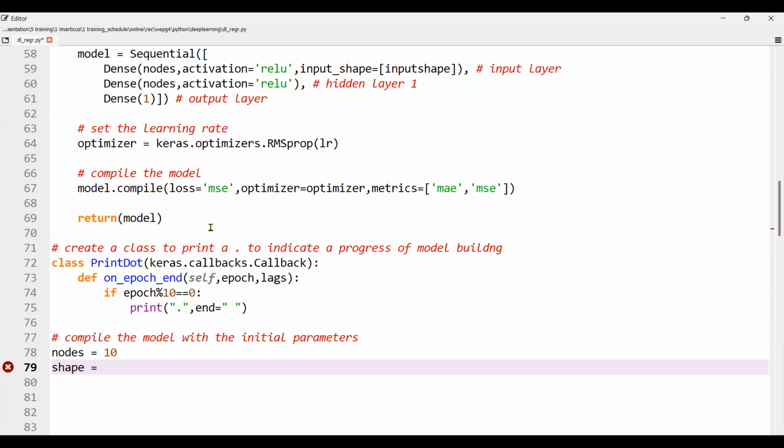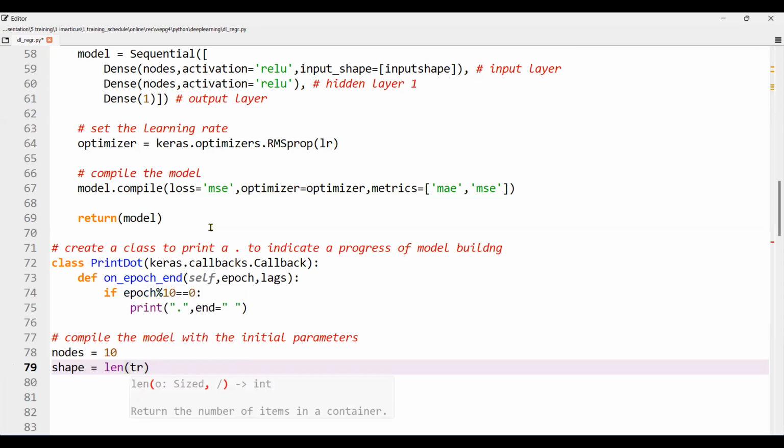Think and tell. Columns of train X. Okay. Because only train X contains the features, है कि नहीं? Shape क्या है? Input features. So it is going to be length of